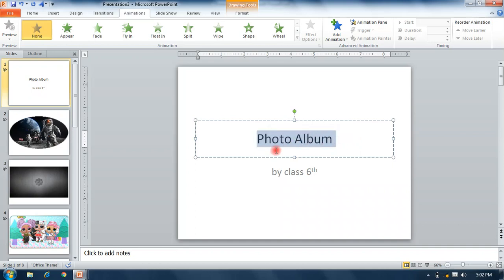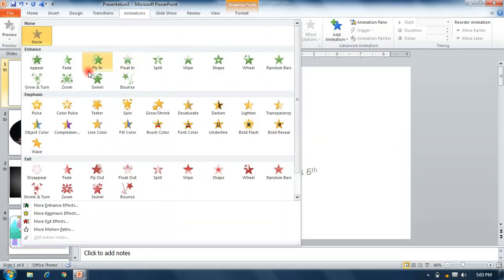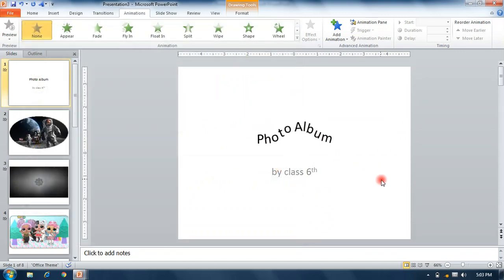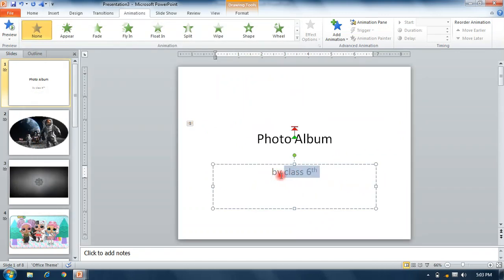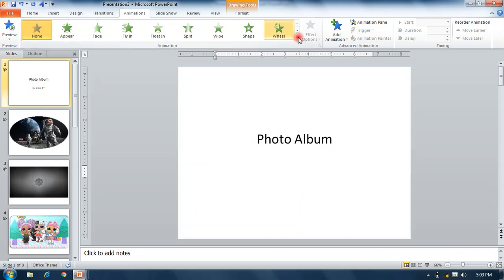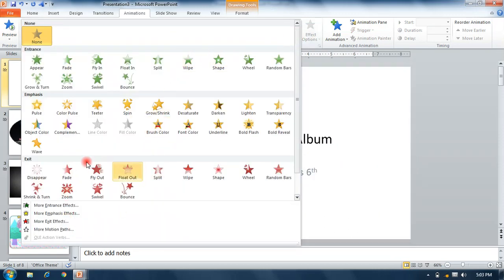other objects which are inserted in your slide, and this animation option is used to make your text movable. You can select any animation effect from the animation options.